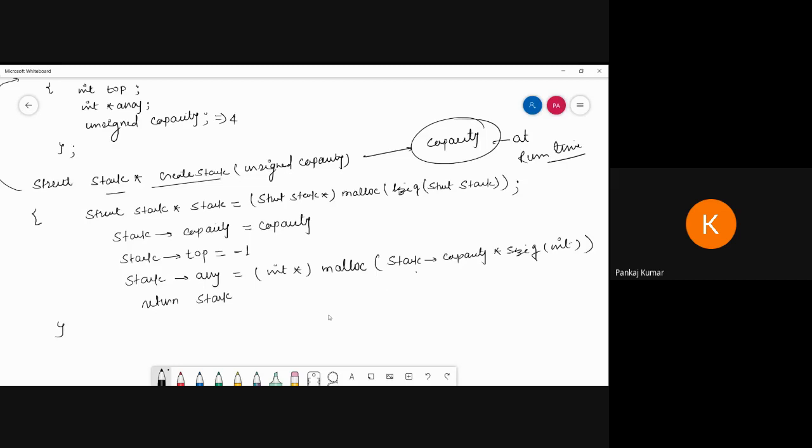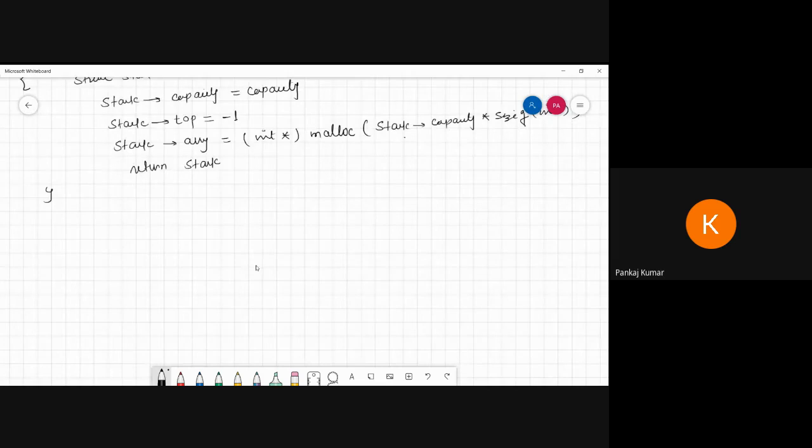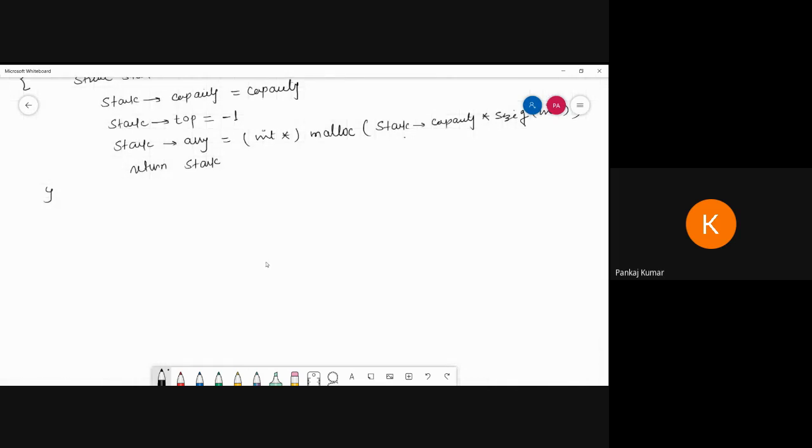Now I'm going to check whether the stack is full or empty, and how to perform push and pop operations. So I'm going to write an integer type isFull, taking struct stack pointer stack. Suppose it is full, then what do we have to return?